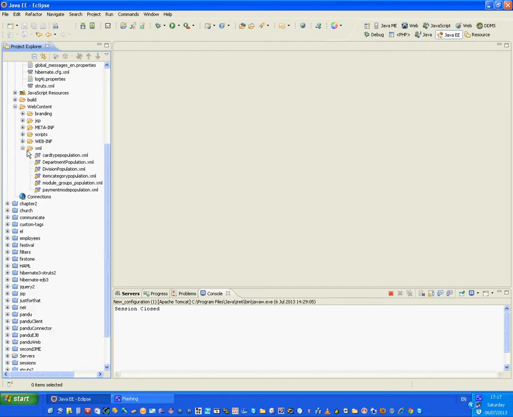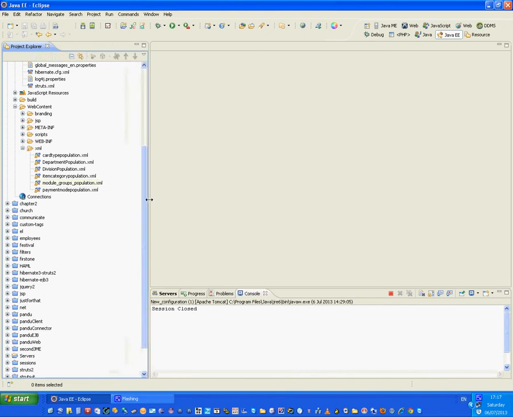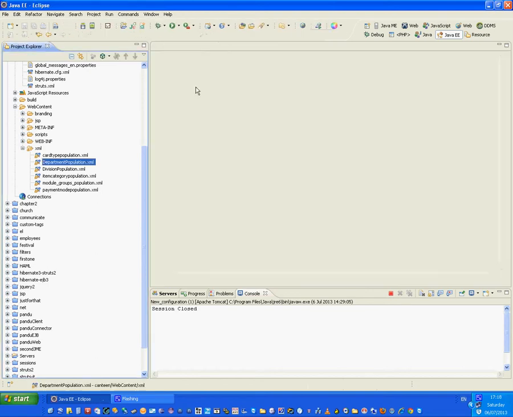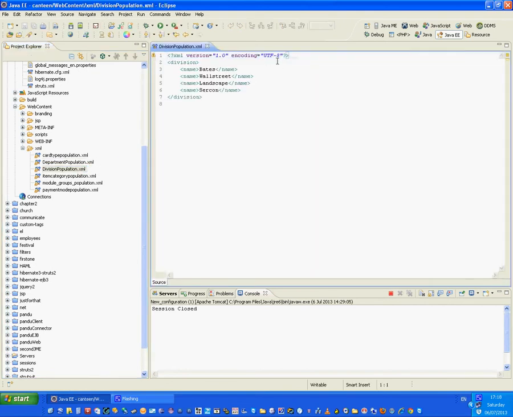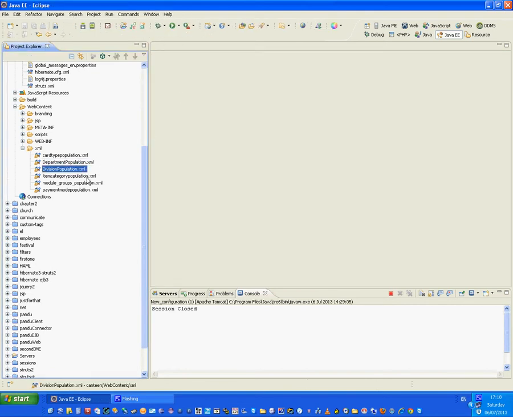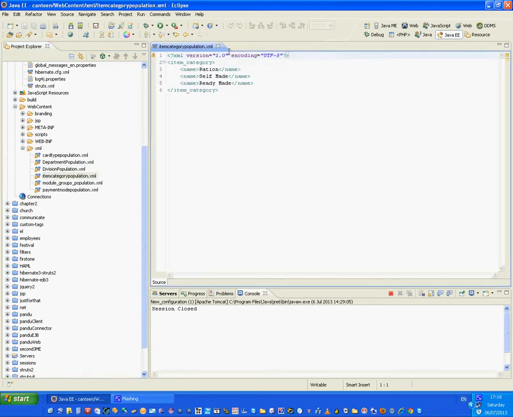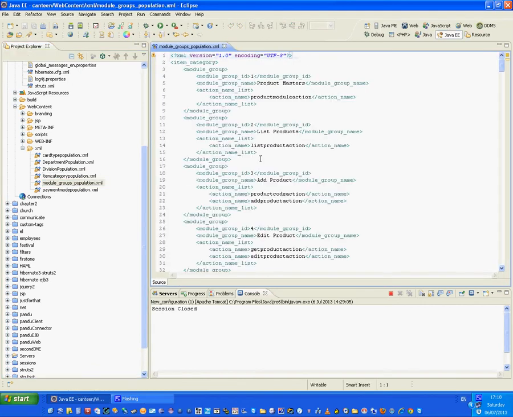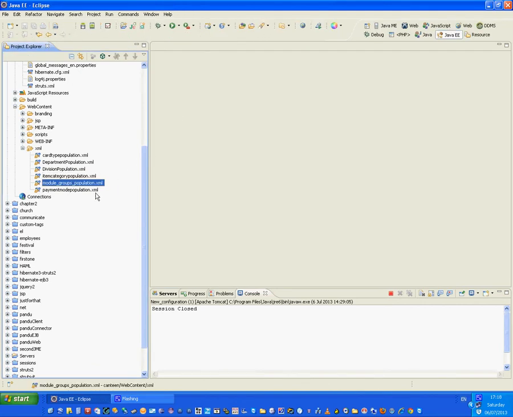The information is of the following structure: departments, which I'm getting from the XML file, and divisions, then types of items, which are basically the product categories. Then the number of modules and their groupings, and payment modes.